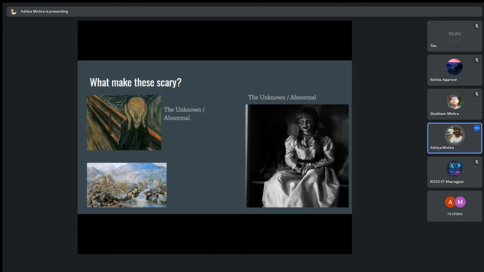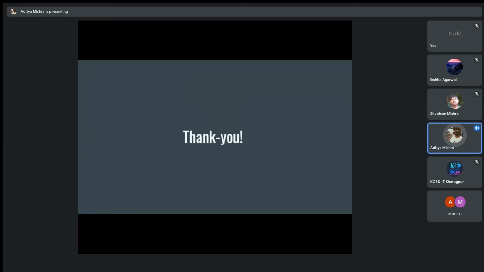The third picture is actually not that scary because it's just a simple scenery. What matters here is the context. This painting is no ordinary painting. It was painted by Adolf Hitler when he was a painter, and that triggers the pain innate aversion, which makes us fear this painting. So without context, it's not at all fearful, but when we are given the context, it suddenly changes. And that's it for my presentation.